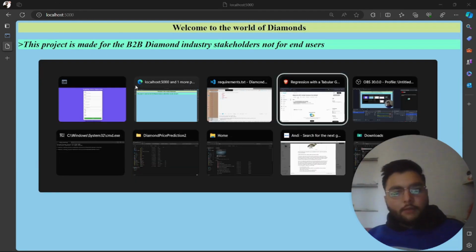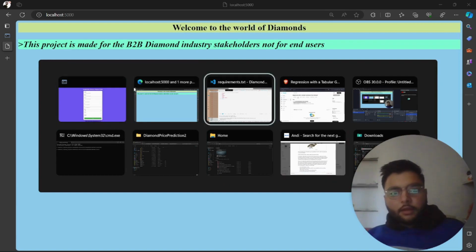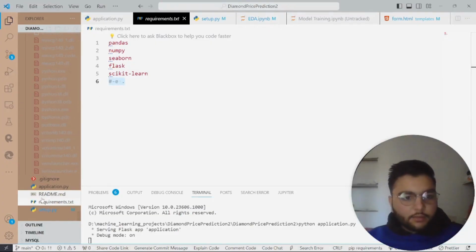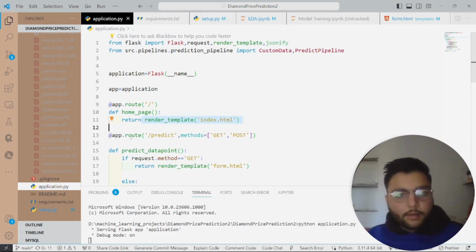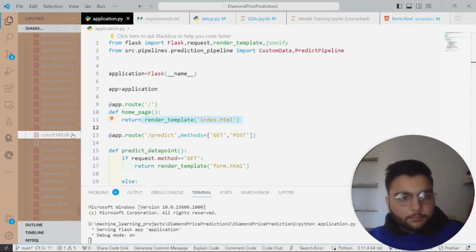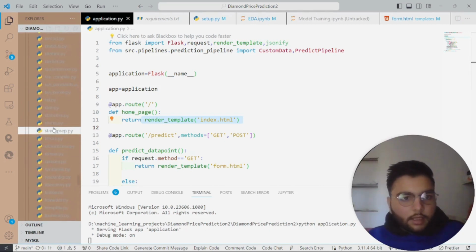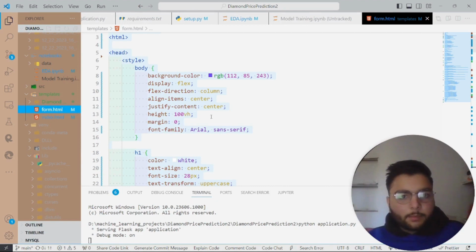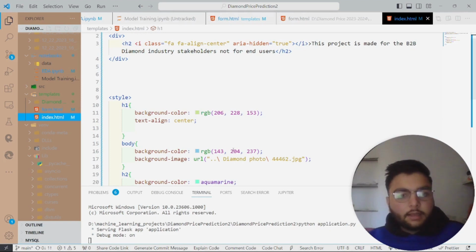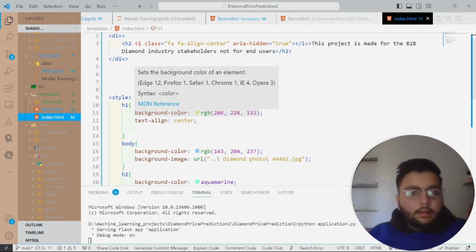Now let me show you how this home page is showing us. This is shown with the help of the render_template function. This function helps us get the web page for this machine learning model. Now let me show you how I have created this index.html and whatever is written in it. Here I have written this HTML and CSS file to make this front end look interactive and visually amazing.